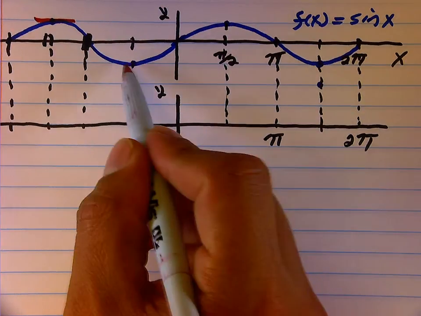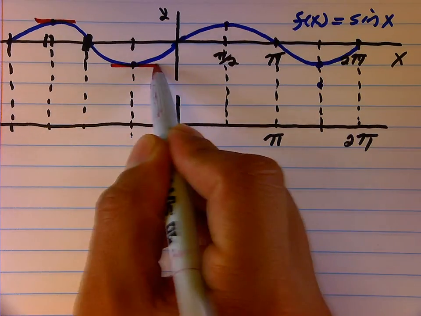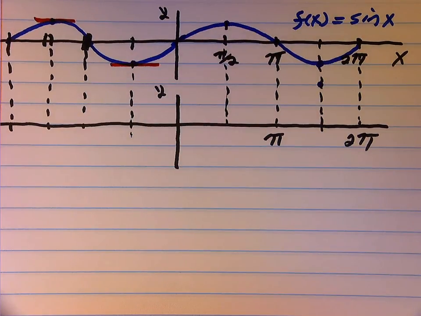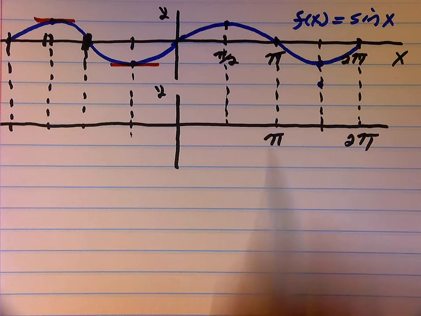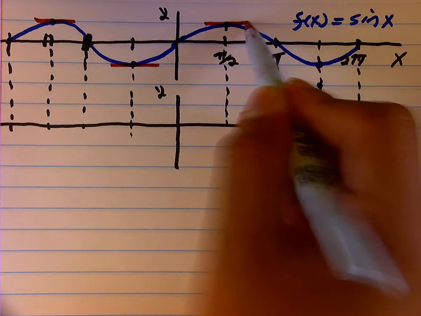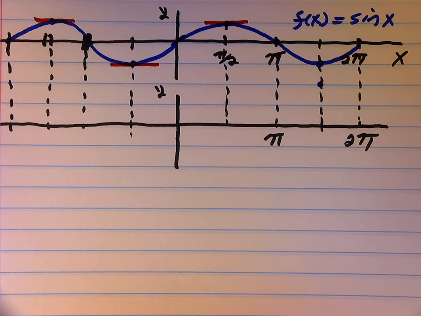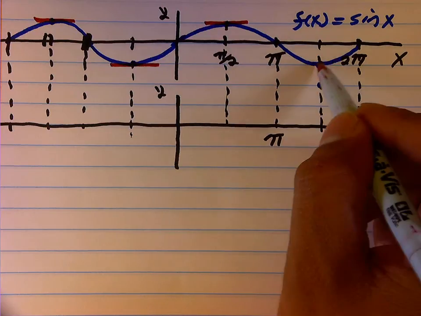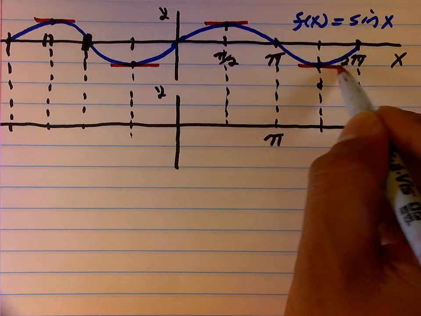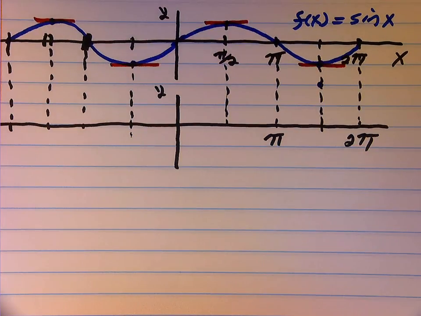If I look at this point here, I know my tangent line will have a slope of 0. Slope of 0. And over here, a slope of 0. So I'm going to start initially by graphing on the graph below the derivative at those four x